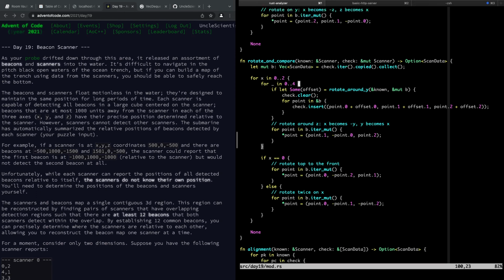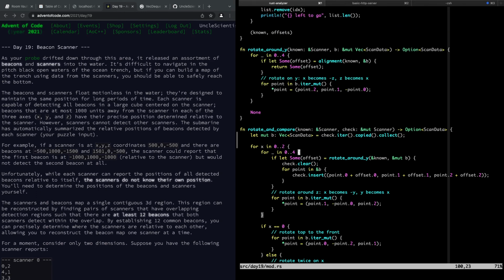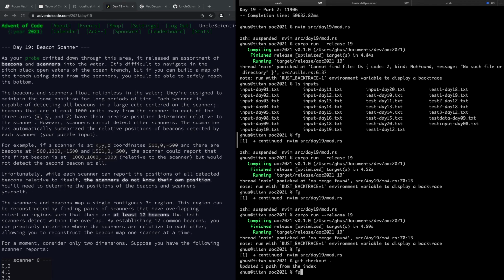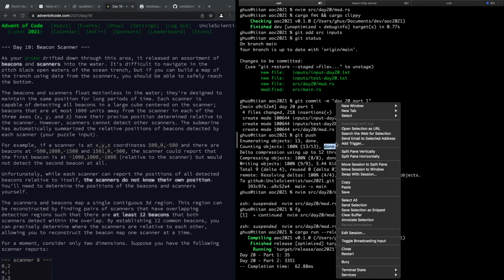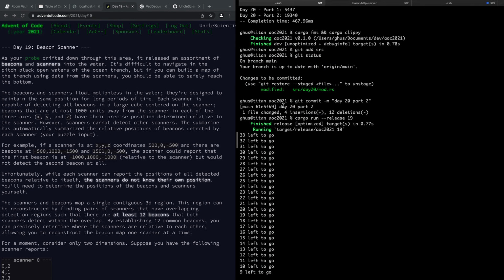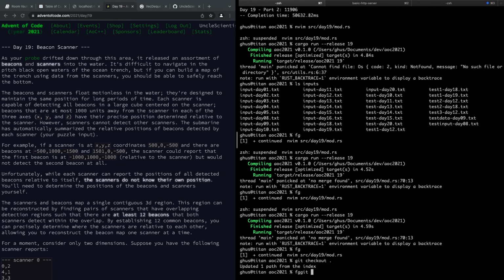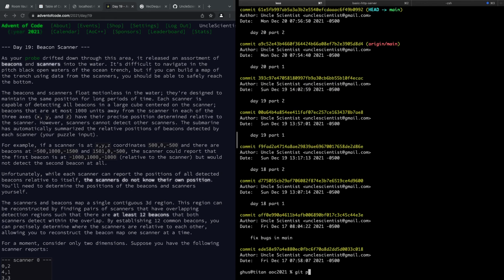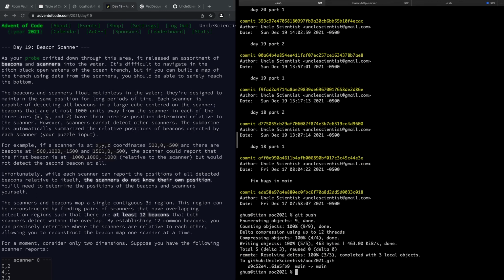All right, so I really broke it, didn't I? So we're modifying the points here. We're still doing everything. Okay, let's reset all of this. I did remember to push my day 20 thing, right? Day 20 part 2. I didn't. Okay, git push. Let's just get that up on GitHub before I break anything. All right, so now if I run day 19,